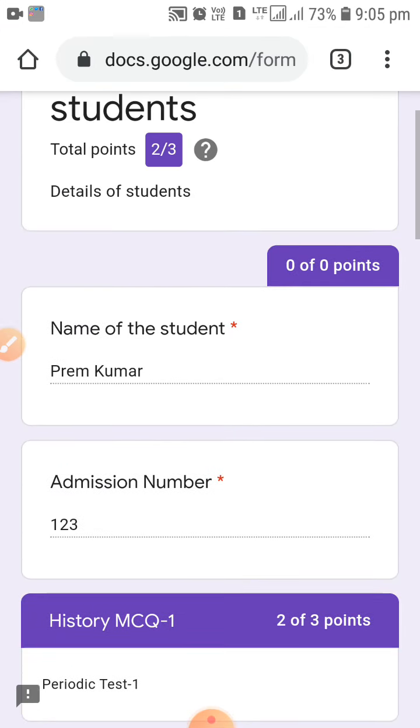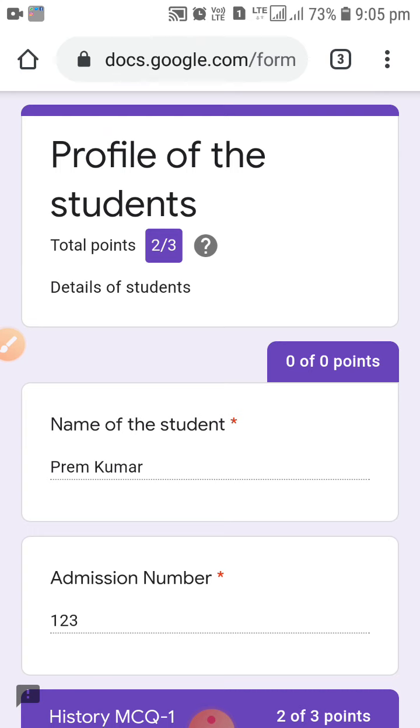Now, as a teacher, how can you get the response? How can you check how many students have submitted, what they have submitted, and how much they have scored? How will you know? For that, again you will have to go